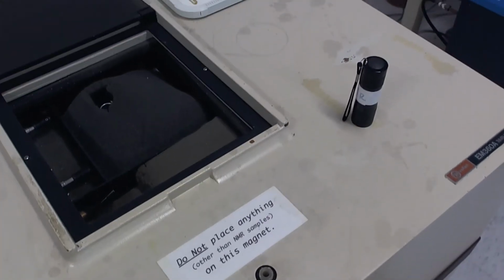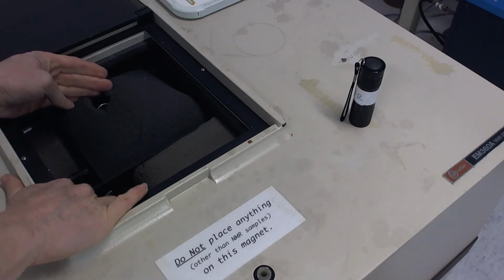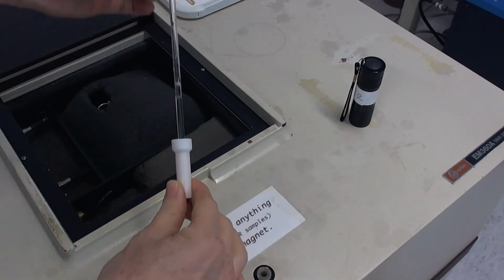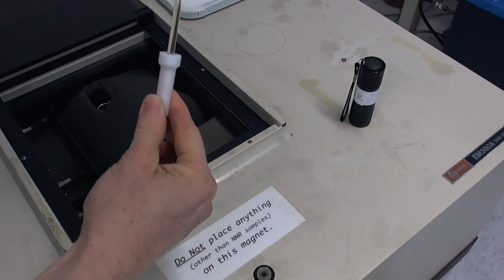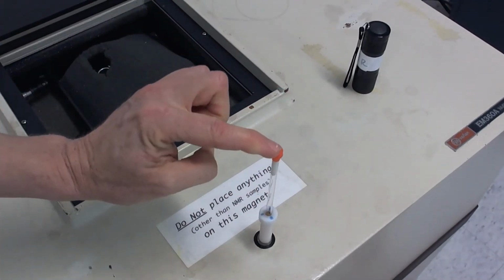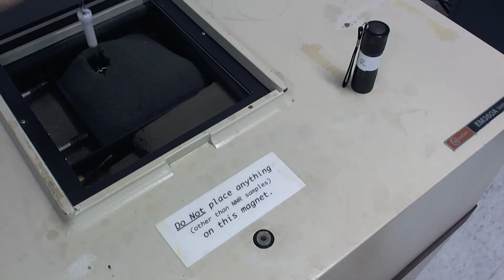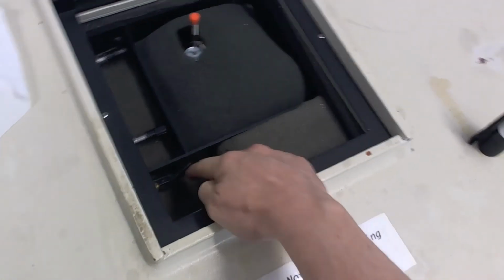When it's your turn to use the spectrometer, you want to have a hand ready to catch the sample and press the button. Okay, remove that sample. Put yours in. Check it in the depth checker. Push the sample down until it hits the bottom. That's the right height. Then place the sample over the silver tube. Let go. And then I find the easiest thing to do now is take that lever,